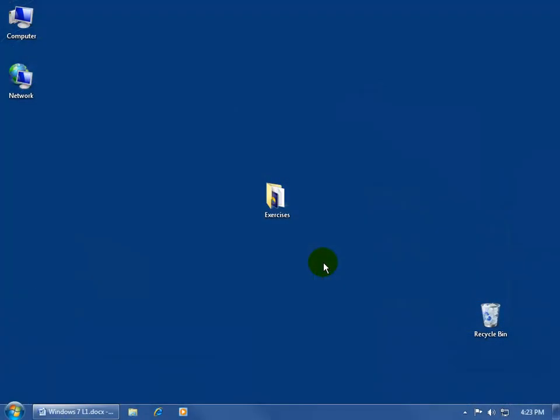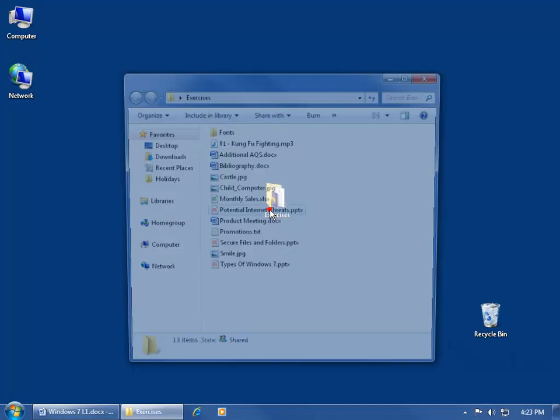Now the background picture for your desktop is probably the big Windows logo, or if you bought your computer from Dell or HP, they probably have their logo there. If you want to be able to change the background picture to something that suits your personality, like maybe pictures of family, friends, or holidays, for example, let me come in here and open up the exercises